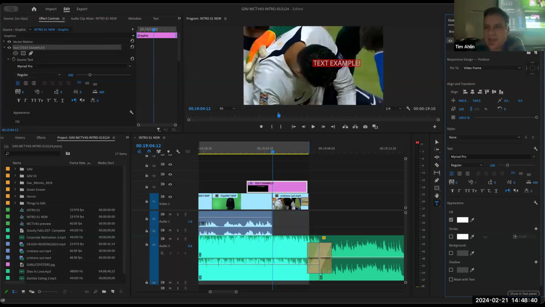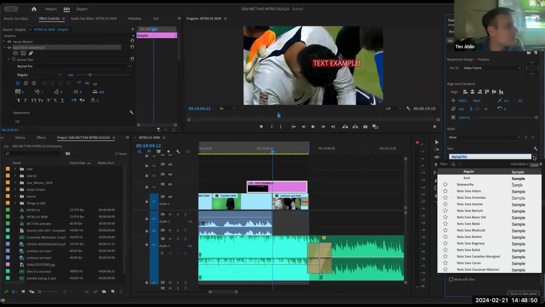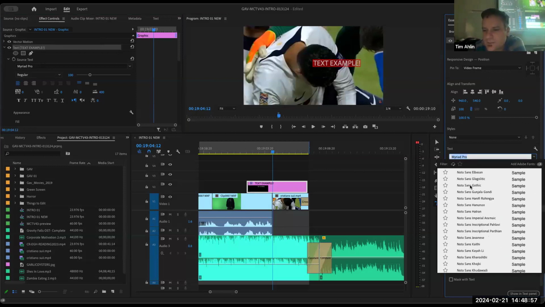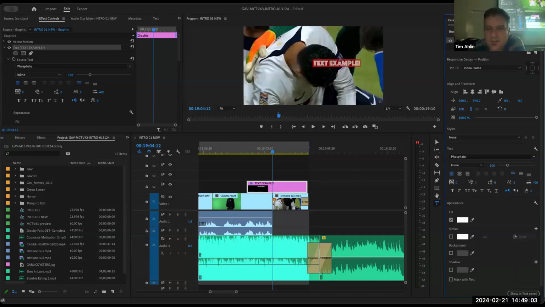And we can see that I have text example here. And what I can then do is I can do a lot of things. First and foremost, I'm going to go down to text. And this is like paragraph in your Word docs or your Google Docs. We can change the font. All right, what font do we want to go with? Shout out your top 10 favorite fonts. Just kidding. You don't have to do that. Here we go. I'm going to choose Phosphate, which is one that I have on here. And then look, I can change the size.